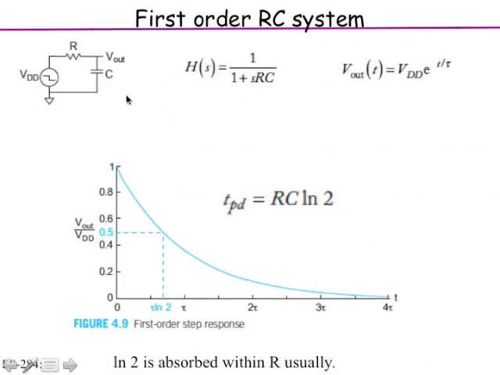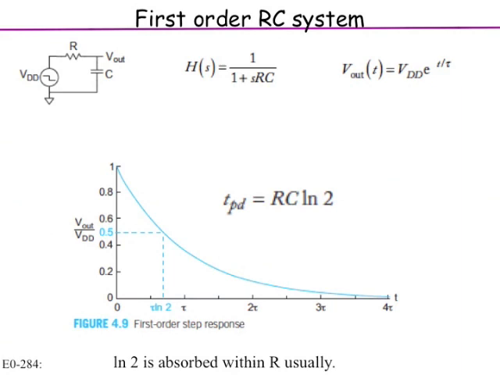Now, really what we have done is we have an RC system. So let's take a simple first order RC system. When you have a step, let us say the input goes from high to low, and you have a resistor and a capacitor, what happens to the output? Output starts falling. There is this exponential decay. V out is VDD times e to the minus t by tau. So it just falls. And if you look at the 50% point, TPD is equal to RC log 2. So if you were to measure 50% to 50%, it is R times C times log 2.